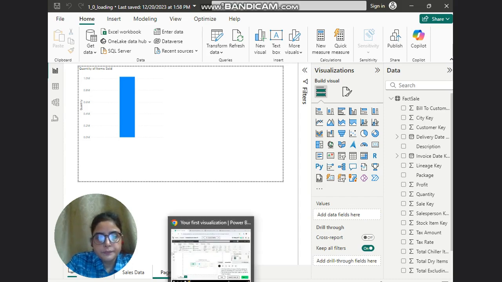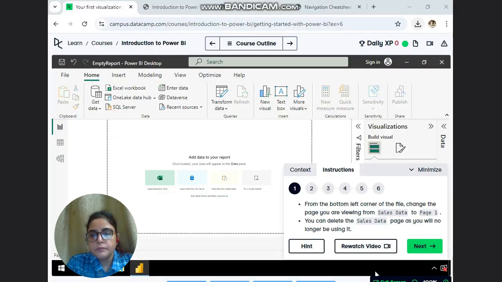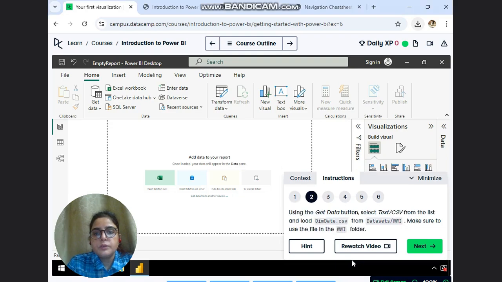You can delete the sales data page as you will no longer be using it. So second instruction, using the get data button, select text CSV from the list and load dim date. So we have to load dim date.csv from data sets.